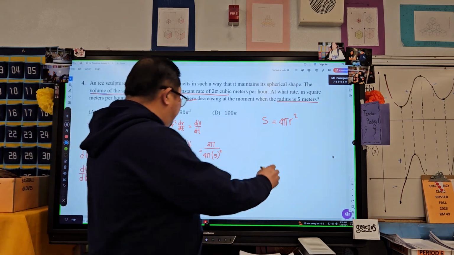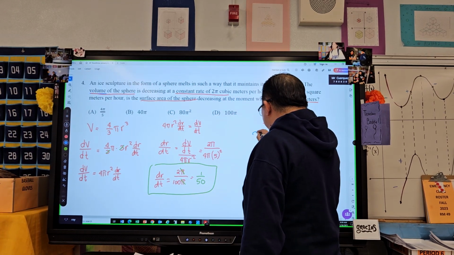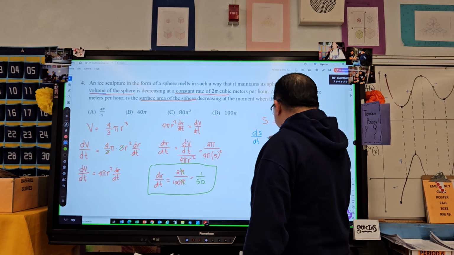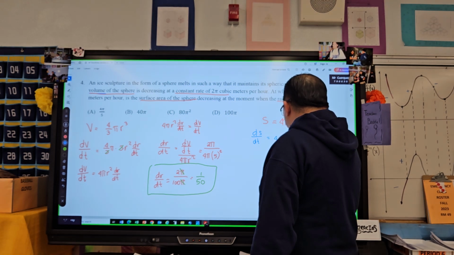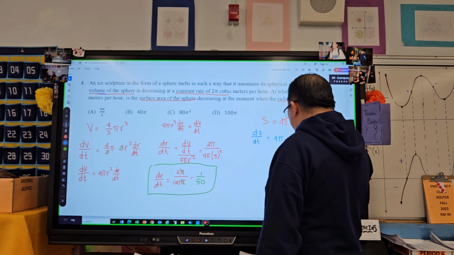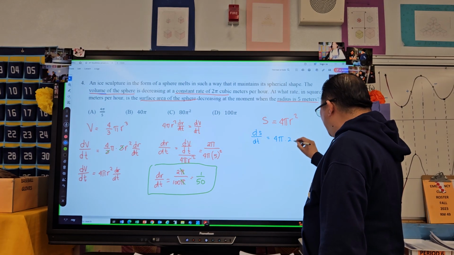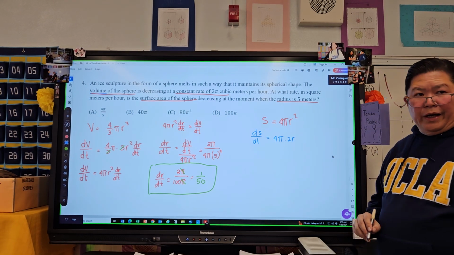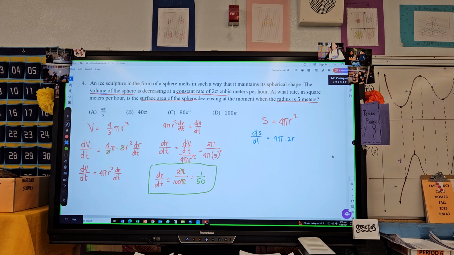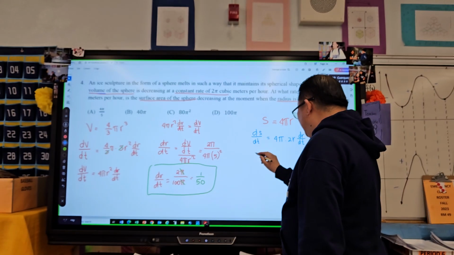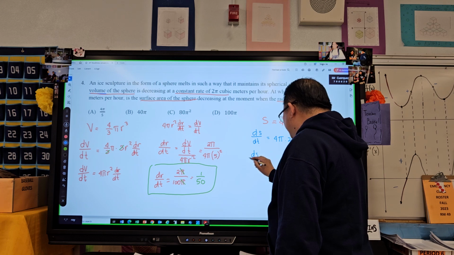So we have ds/dt equal to 4 pi, and then times 2r dr/dt, right? 2r dr/dt. Okay, so we have ds/dt